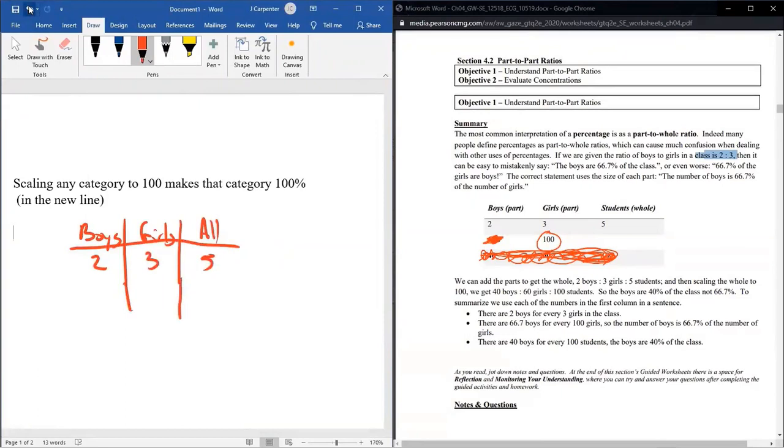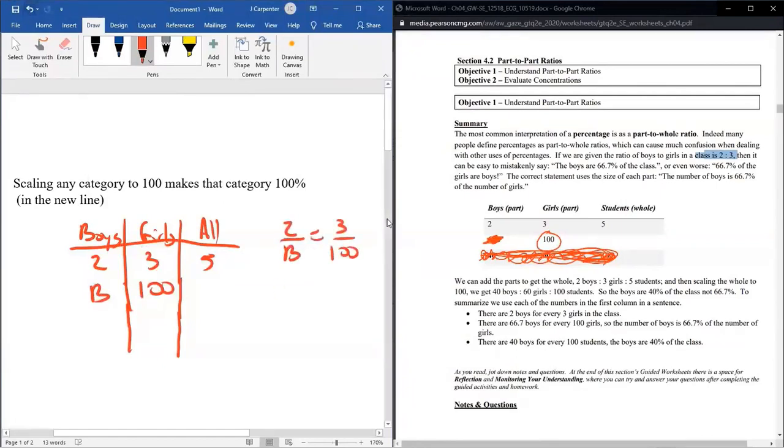And I say, okay, well, let's just start scaling things to 100. So if I put a 100 here, we're calling everything based on the girls. So the girls will be the 100 percentage. And if you were to solve this as a proportion, you can draw your little box right here with 3 corners being numbers, and then this would be our variable. And I'm going to call that variable b. So we go 2 over b equals 3 over 100.